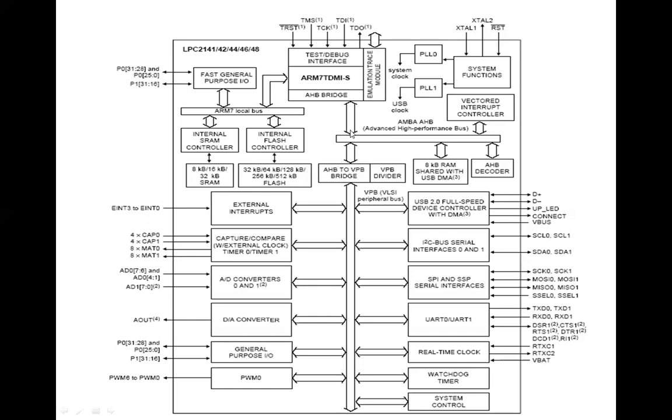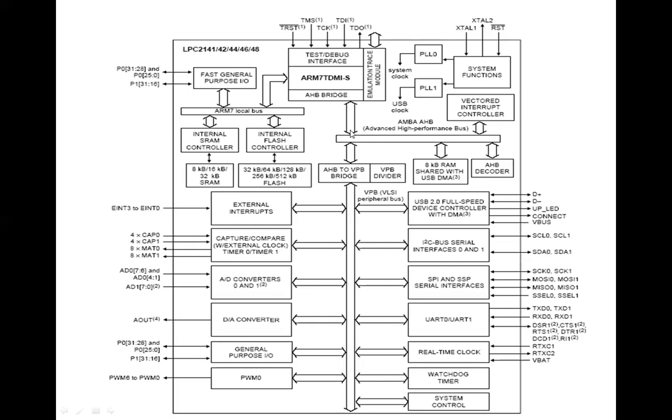In the last slides, near about 5 to 6 lectures before, we already learned about the architecture of this ARM7. But in that, only the architecture of the ARM7 was shown. Now here ARM7 is shown as one square box, but you can see many peripherals are available with this ARM7 board. Near about 30 to 40 on-chip peripherals are there that you can use for your applications. I am giving you a brief highlight about all these sections one by one.